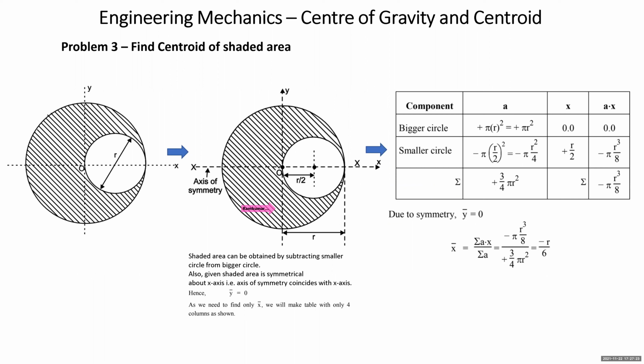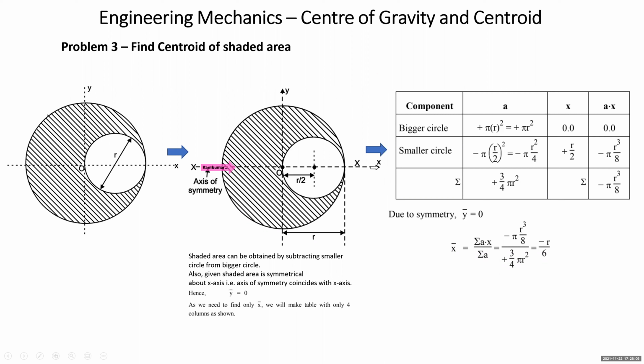Students, in this problem, you will be learning one more thing. Sometimes when the examiner gives you a problem, he gives you the composite area on which you can identify the axis of symmetry. You have learned that axis of symmetry is the line that divides the area into two equal parts so that one part is the mirror image of the other. Now, in this case, is this axis of symmetry or not? Can you see that? This line, is it axis of symmetry or not?